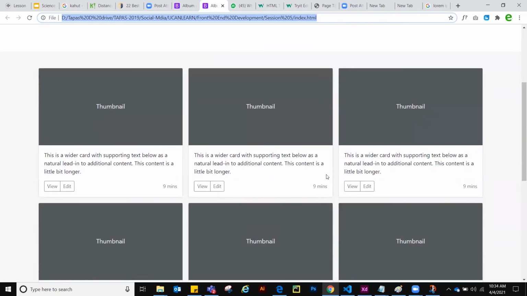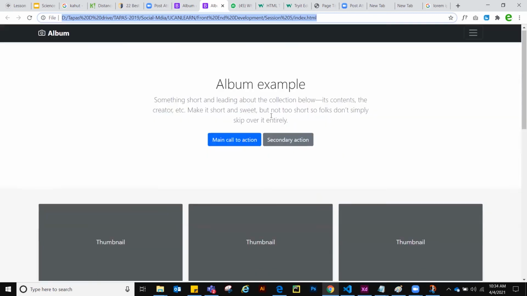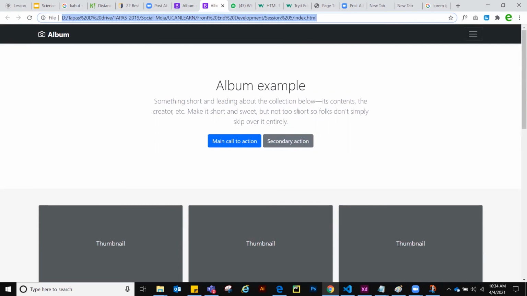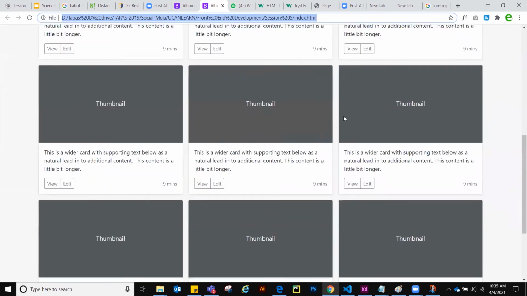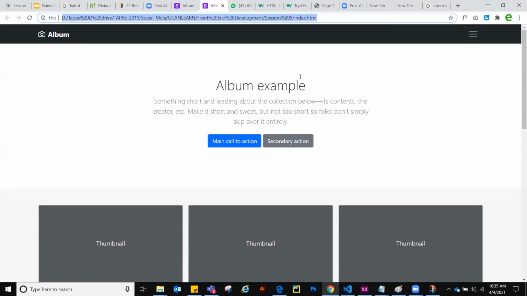Next day we are going to learn quickly. If you complete this table structure and little CSS, meaning if you spend a little time this week, then next week we are going to learn how we can create this kind of very beautiful page very easily, within 1 hour or 2 hours. And if you can create a page like this, then you can create any page. Let me take you to Bootstrap.